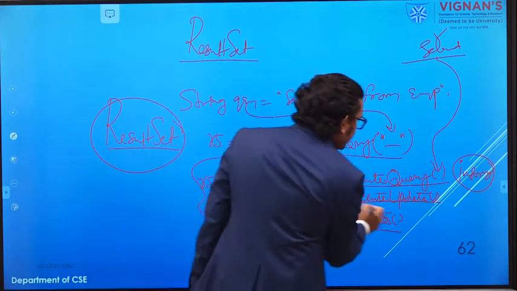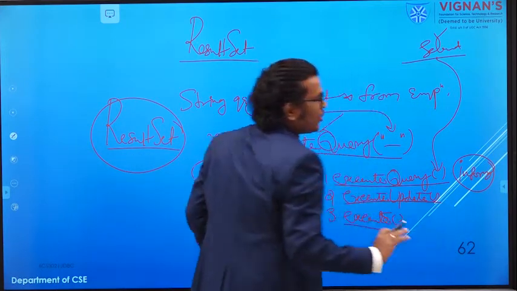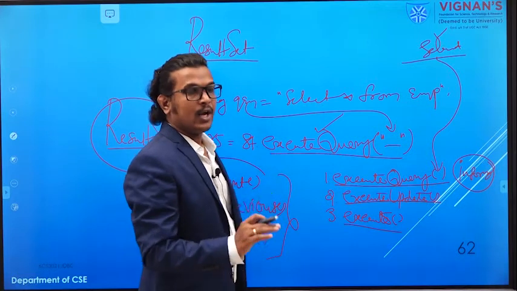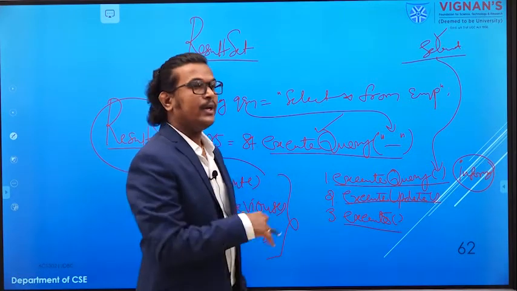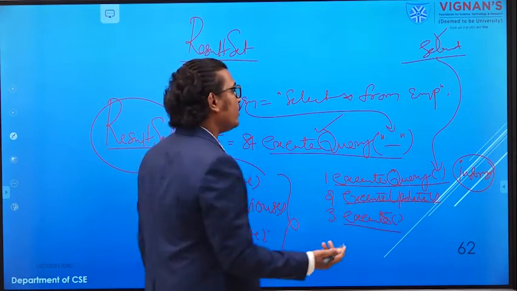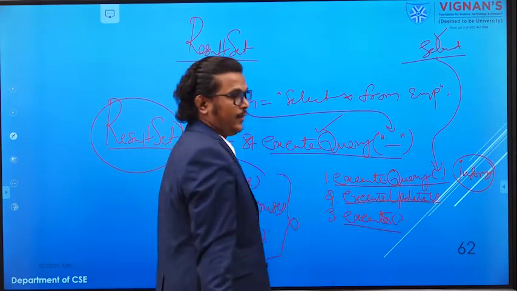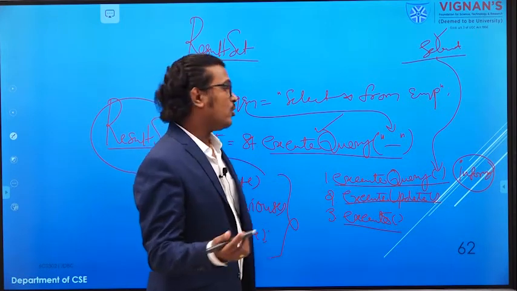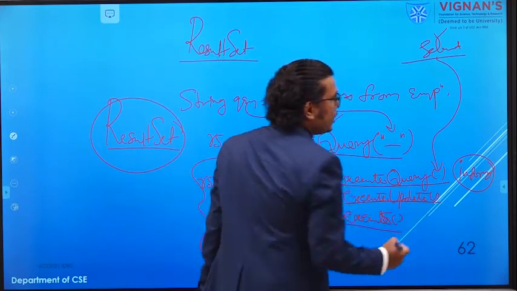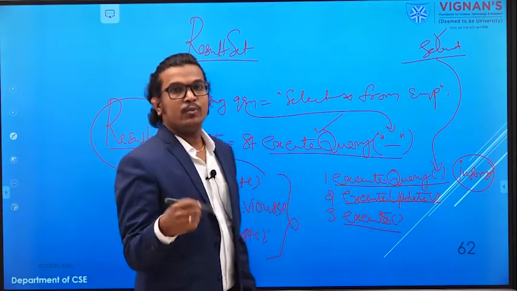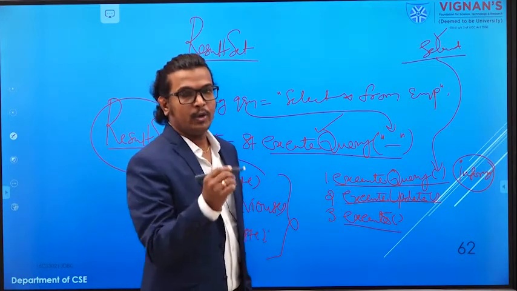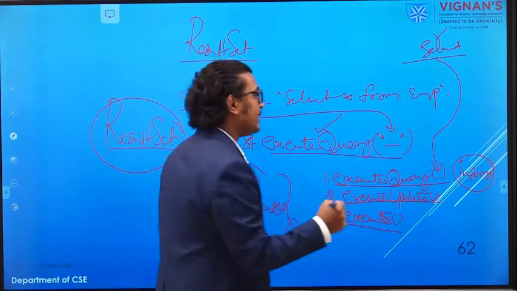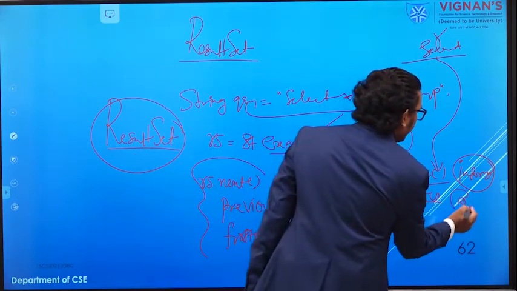And executeUpdate will not return any such information. It will return how many records are updated or deleted, whatever you are doing in your update query. So the affected records count will be returned. For example, if you modify the salary of 10 employees, then 10 records will be returned in the form of an integer.